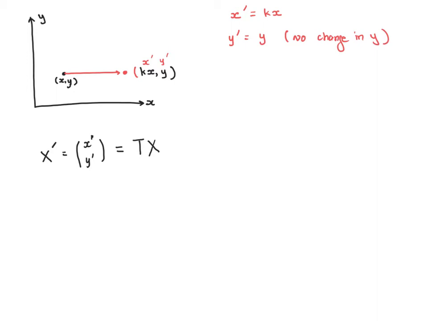Okay, so to do that, we need to introduce what I call the unit vectors. Specifically this is 1, 0, and this point would be 0, 1. So we're going to look at those two main points. So let me draw it here again and see what happens. 1, 0,